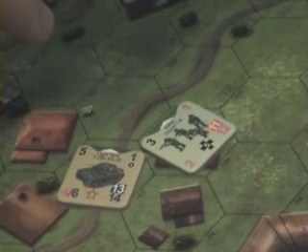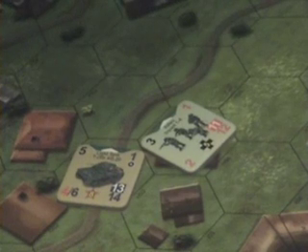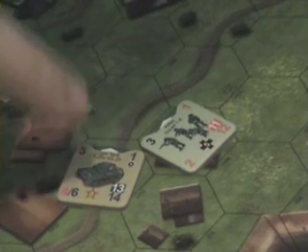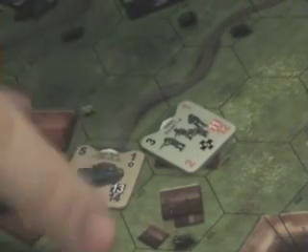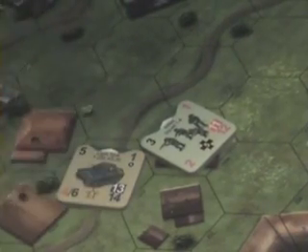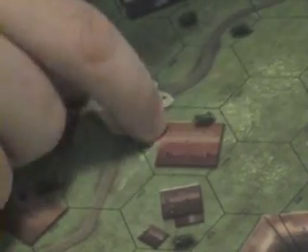There's a very simple mechanic: if you attack an armor target with a soft attack, it's going to be halved, and vice versa. If you shoot an armor-piercing round at infantry, it's going to be halved. They're very simple but very efficient. The counters themselves